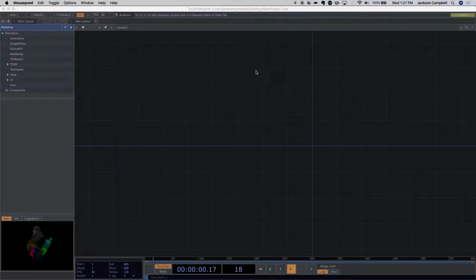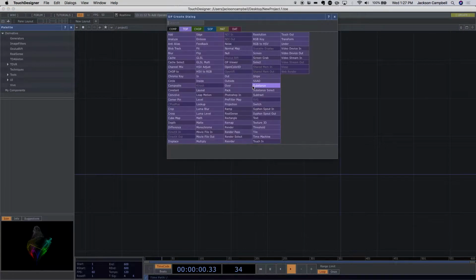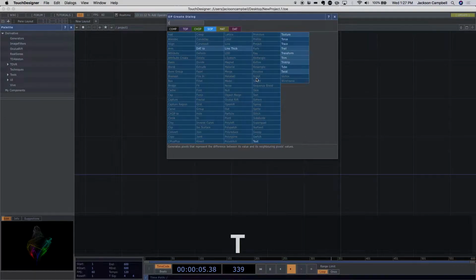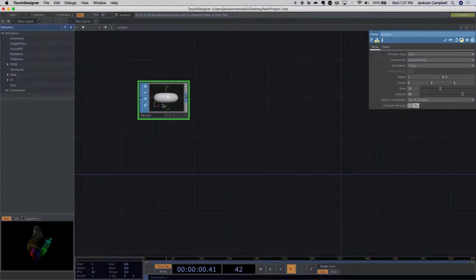Okay, great. So we are going to make some SOPs. So we made a new network, make a new file, new project, delete anything in it so we can start from scratch. And we're going to create a torus SOP, surface operator. Torus is probably one of your more common surface operators. It's the one they give you by default when you create a geometry component